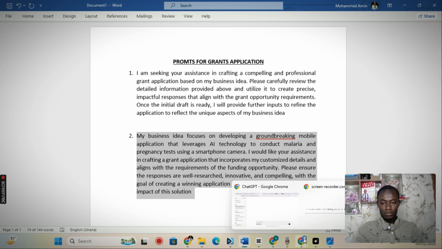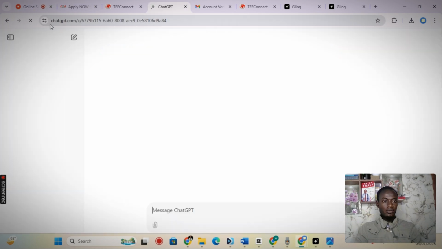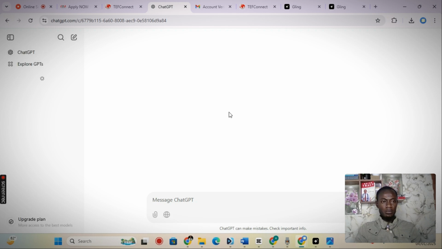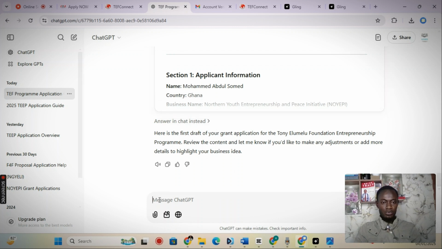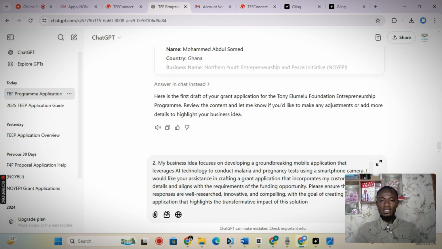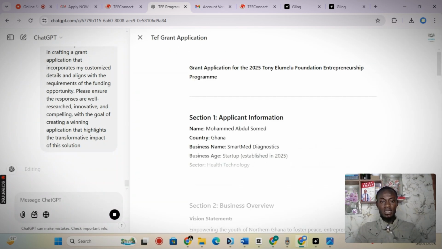That's our second prompt. So let's search for our main chat. Let me refresh my page and put in the second prompt as we go. This is the main chat that we are dealing with. I'll put in my second prompt so it will know what I want to use this opportunity for and the details that I need. It will start by giving us some response, but we don't need this response yet. You can see the details that it has been producing. It has suggested a business name, a startup, the year it was started, the sector,